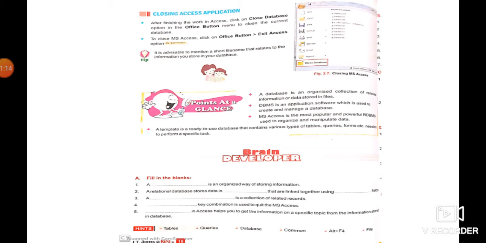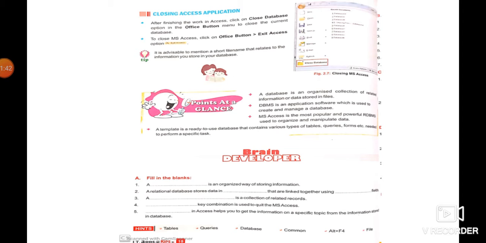So see, for closing any document we always have two options, because we can see the cross, minimize and maximize buttons at the top right corner of any window. From there you can directly close the application. But this is not the proper way. The proper way is to close the application using menus. So how can we close the application?